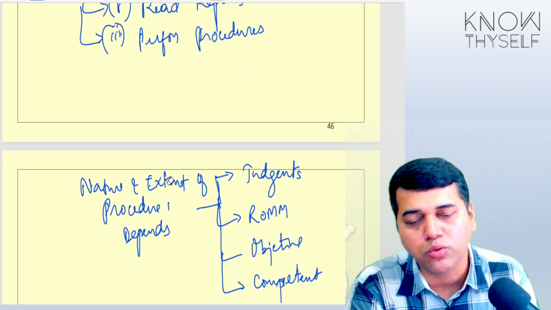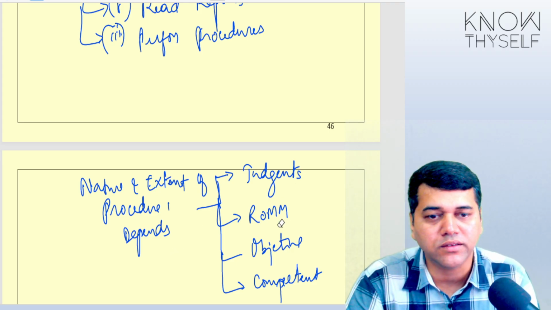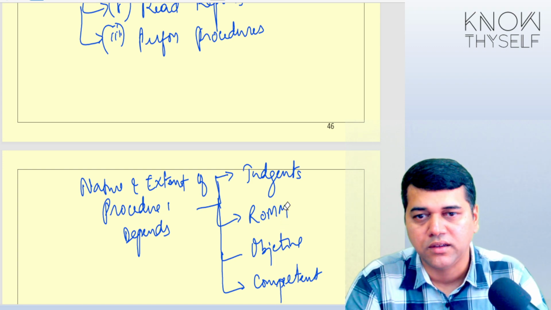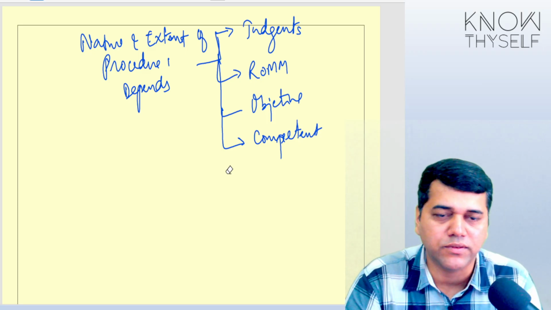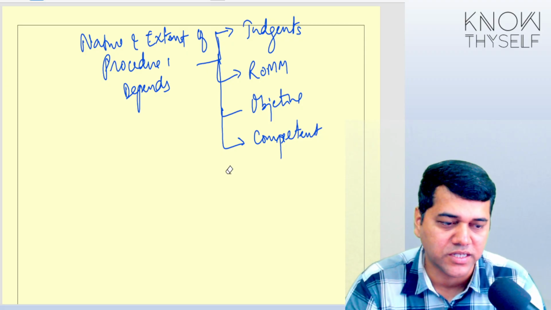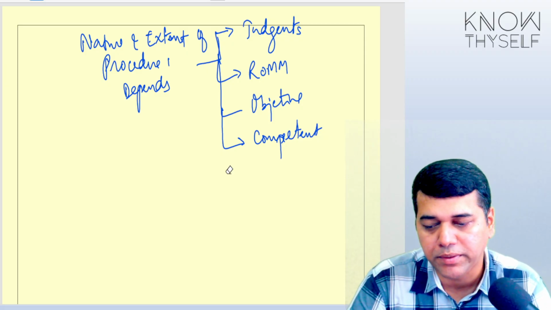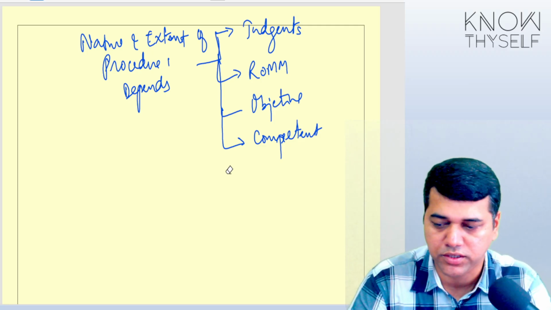So that's your choice. That's your judgment. How much and to what extent you will do, that depends upon the judgments involved, level of competence, objectivity, and the risk. And last thing, we have to check whether it is appropriate at the end. Are our conclusions still appropriate? That means, can I still rely on them, because their competence could have changed, objectivity could have changed. That's what we need to evaluate.